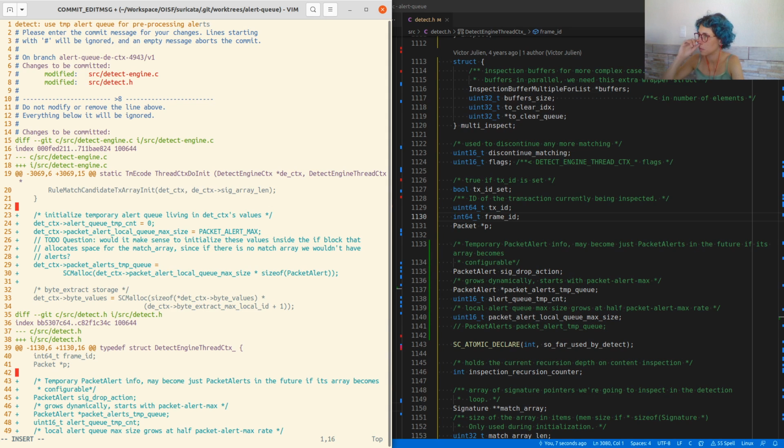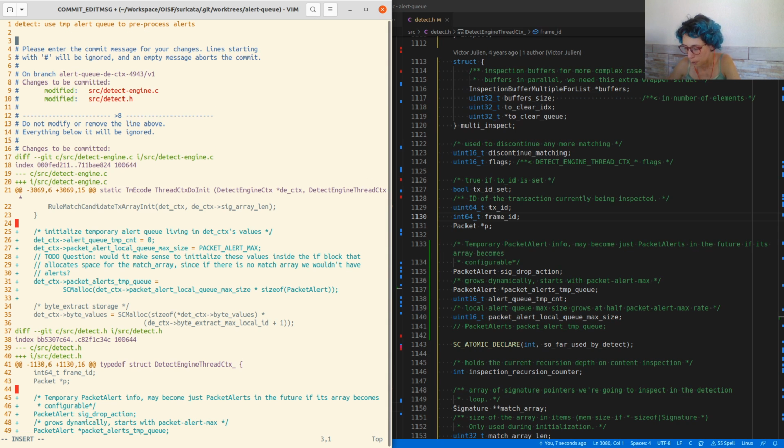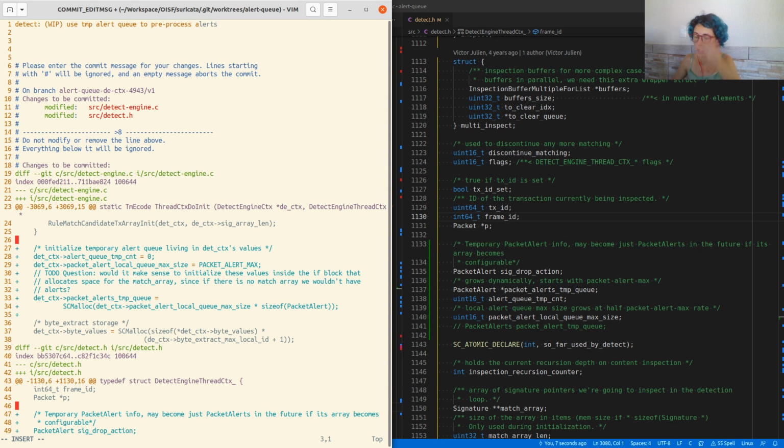Use temp alert queue to pre-process alerts. The art of making commit messages shorter. Work in progress. I like to add this here because then I will not forget, in case I want to change anything. This makes it longer than it can be, but I'll change it later.